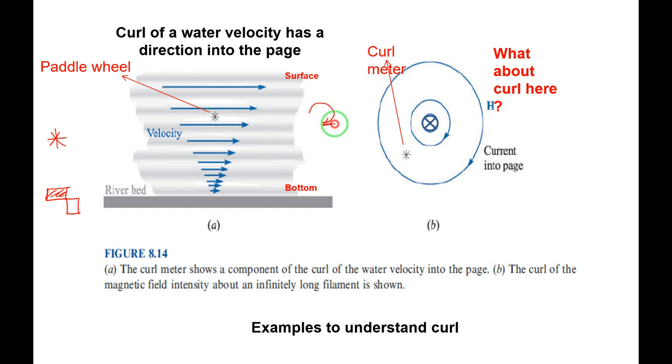Is it fine? It will rotate in this direction, because the velocity will be experienced by these blades. Means the blades will rotate in this direction, because the velocity will be more on the top and less at the bottom. If it resists also, it can overcome, because the velocity will be more. So finally the paddle wheel will rotate in the clockwise direction.